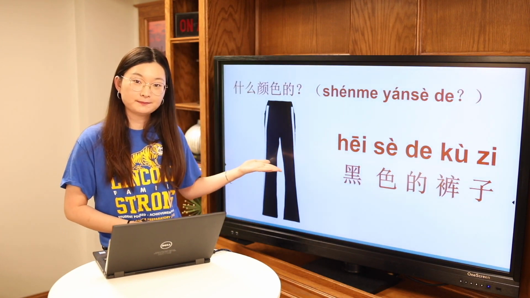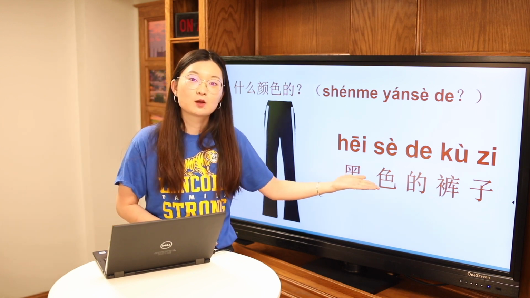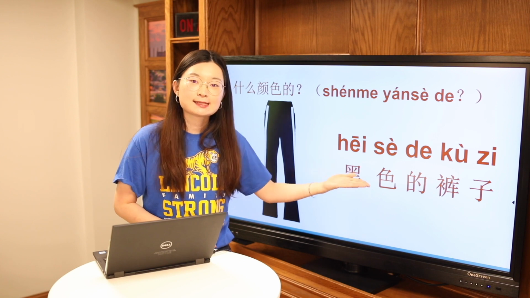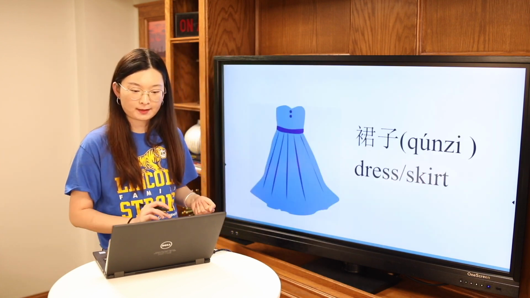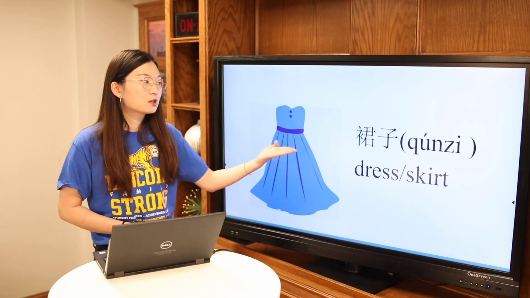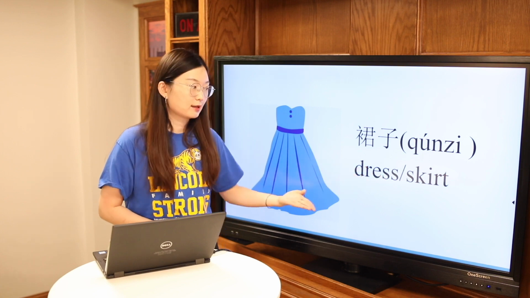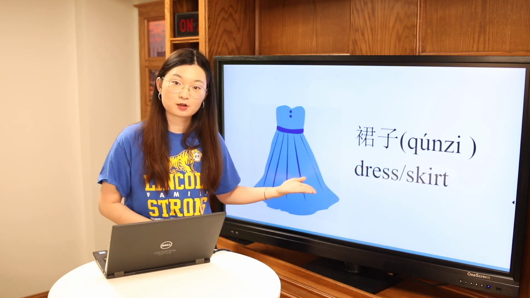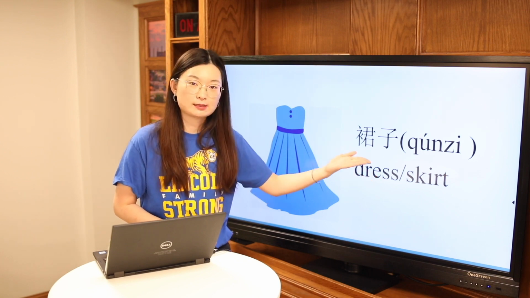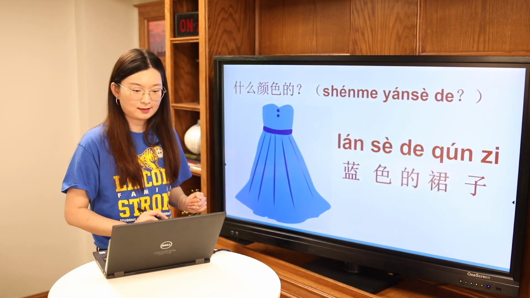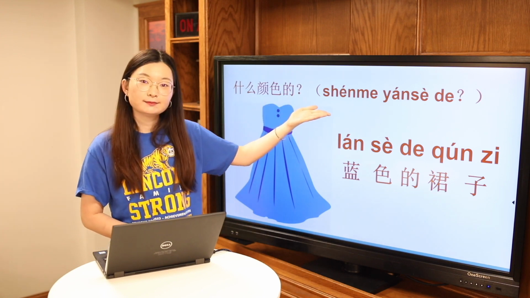And this is 黑色的裤子。Okay, 黑色的裤子。这是裙子。裙子. So all kinds of different dresses or skirts, they can be called 裙子。And 什么颜色的？ So what color is